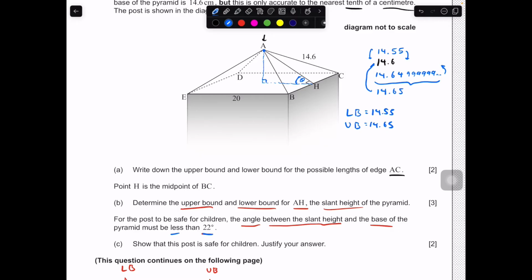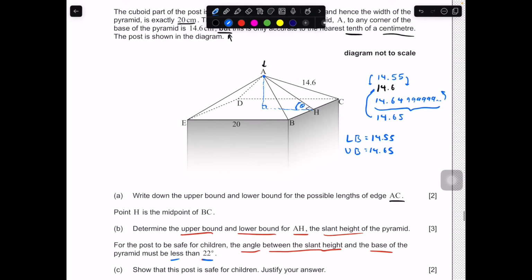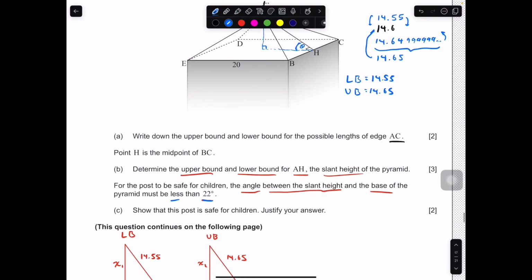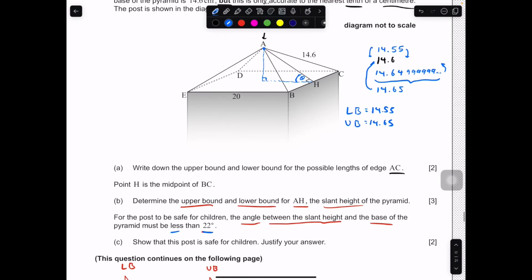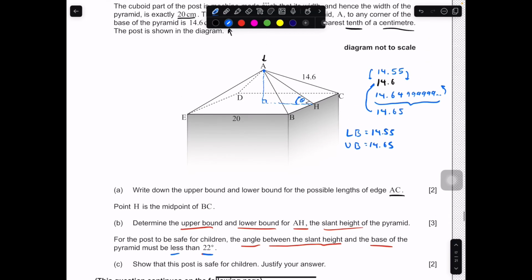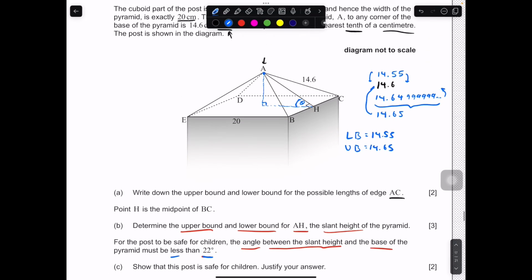It needs to be less than 22 degrees. So when is it going to be less? Is it going to be the upper bound or the lower bound? I suppose we could just go ahead and try both, but maybe we can save some time and try to work it out. So if we know that this base right here is itself going to be 10, since it's the midpoint, and we know we have either a value of 14.55 or 14.65, if this base is fixed at 10,